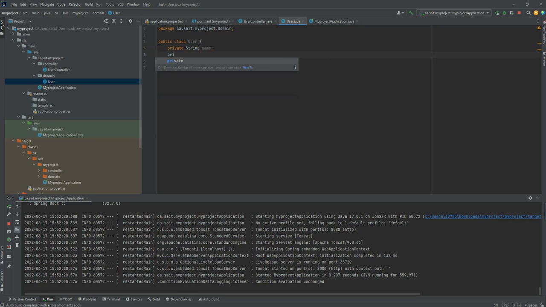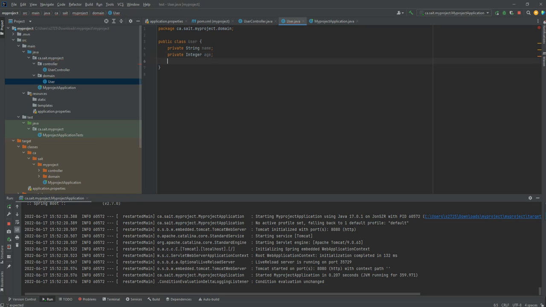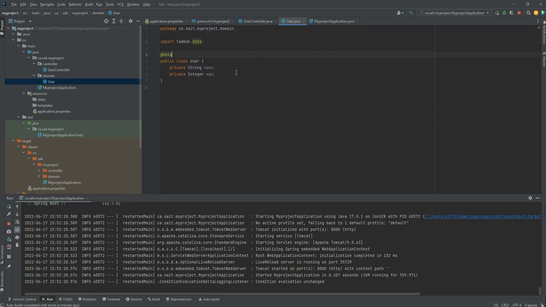The second one is going to be age, integer age. If we want to use Lombok, we need to add an annotation on this class. The most useful annotation in Lombok is @Data. This @Data will automatically generate all the methods we need in an entity class. So if we save it and rerun it,